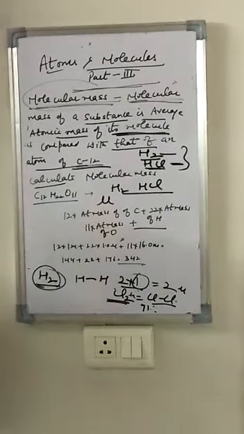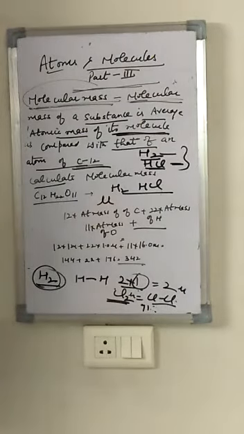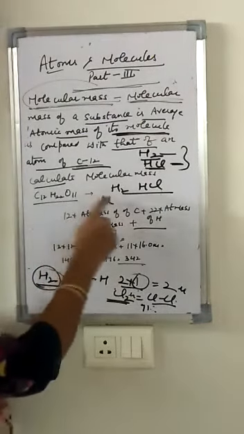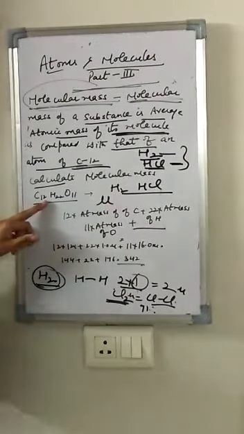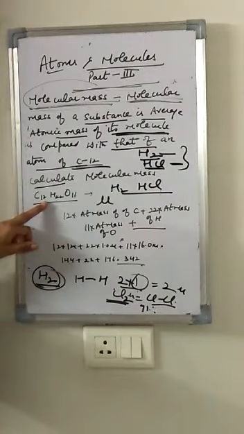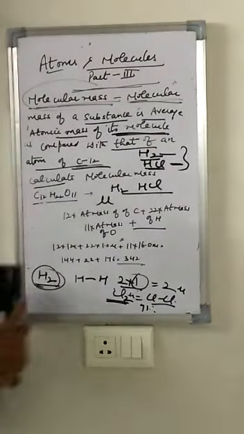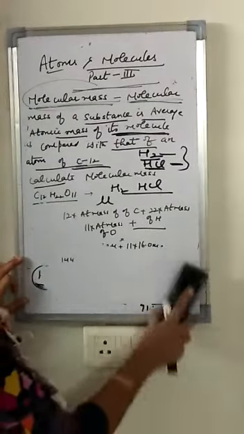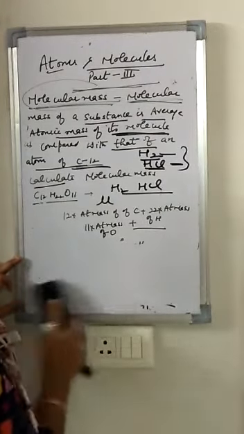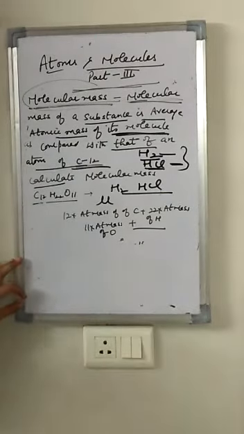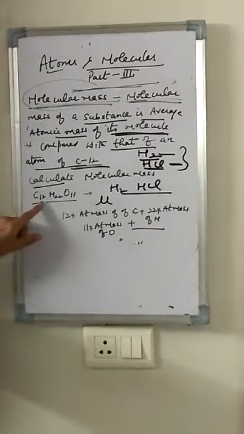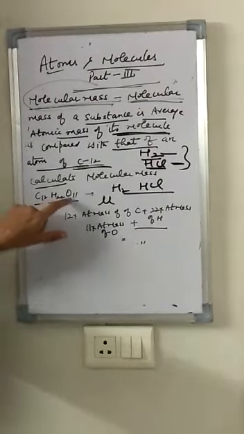Now we will take a larger compound. Simple, we have taken here, calculate the molecular mass of C12H22O11. We will calculate the molecular mass of C12H22O11. This is how we will calculate. What is the way to calculate it? Simple. Now you can see I have written here in this C12H22O11, you can see the carbon is 12, hydrogen is 22 and oxygen is 11.